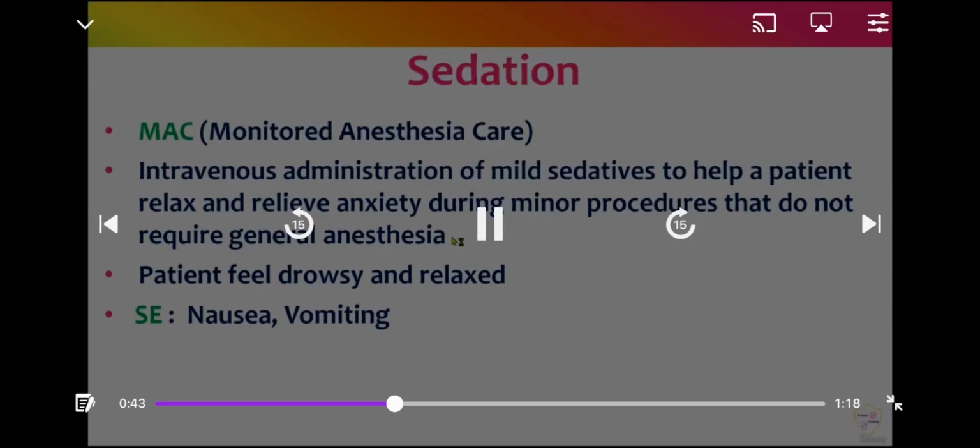Sedation, you're just knocking off the patient minimally, meaning do not require